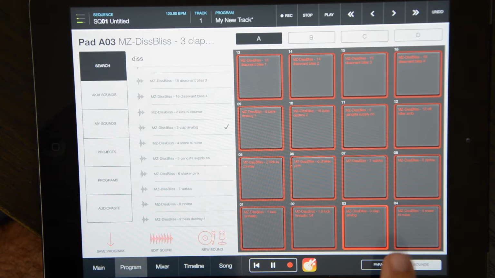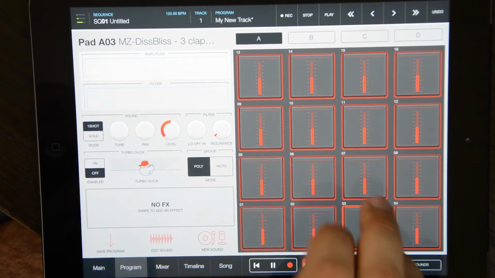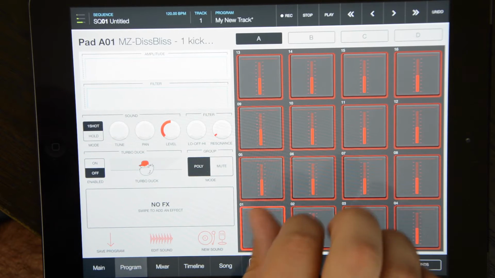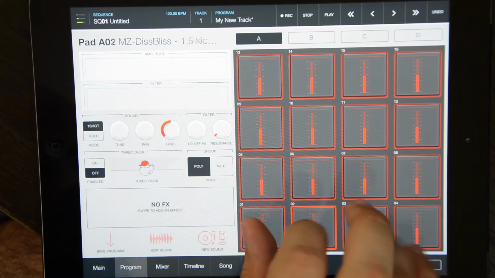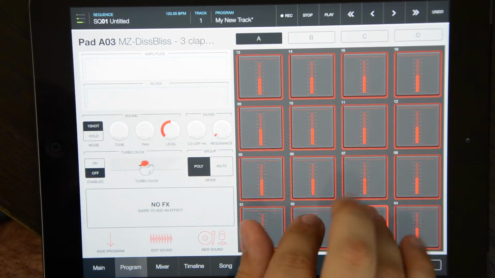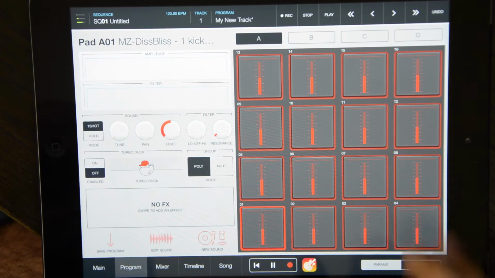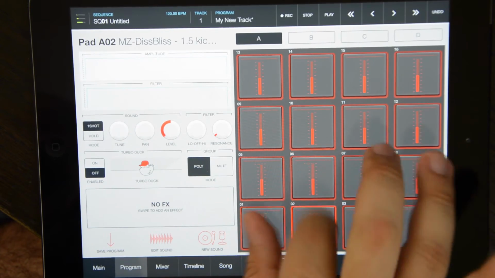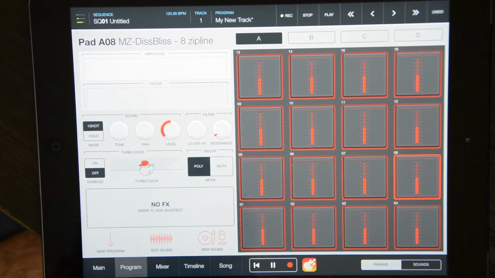Which one is the ambient clap? Right here. Interesting.